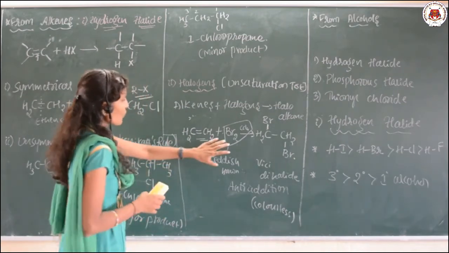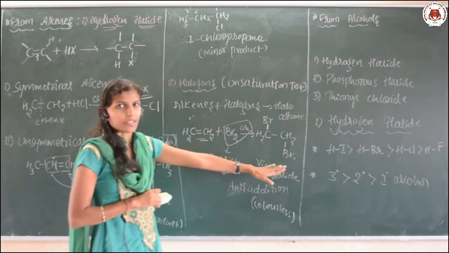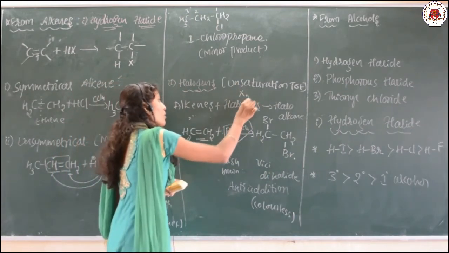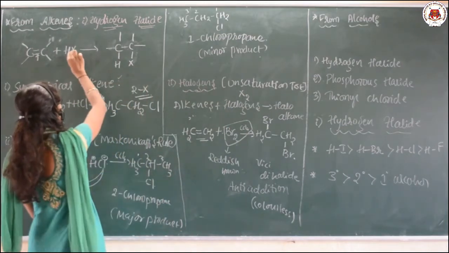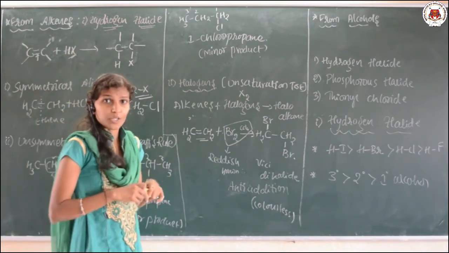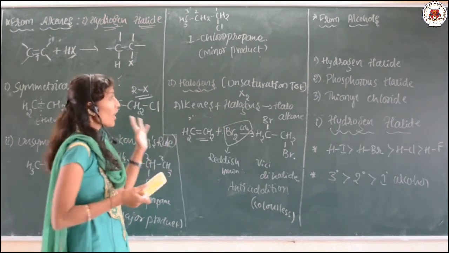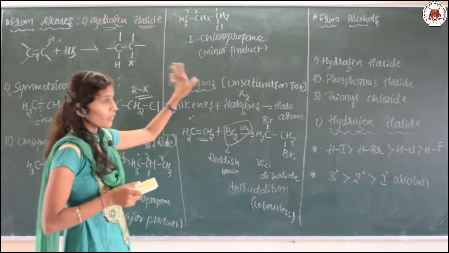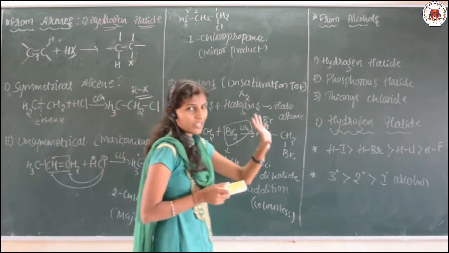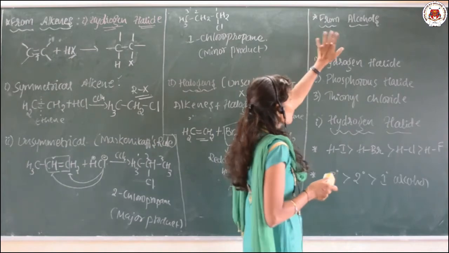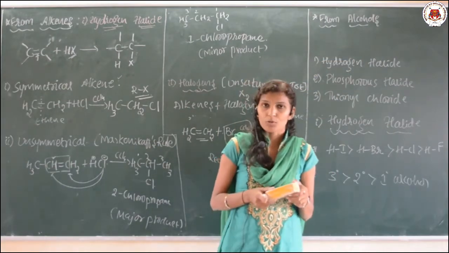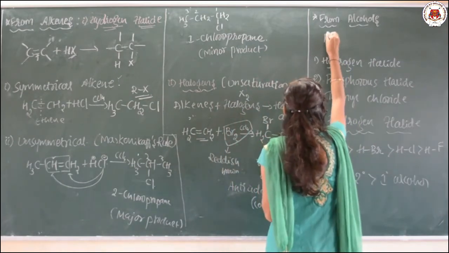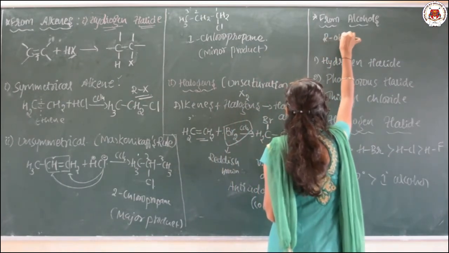So here also we are preparing the haloalkane, but here we are adding the halogen directly, in the form of X2, whereas in the earlier case we add the hydrogen halide, HX. In both cases we are preparing haloalkanes or alkyl halides. Okay, I hope these two concepts are clear for you. Let me tell you one more very important method. We can prepare alkyl halides by using alcohol. What is the general formula of alcohol? ROH.